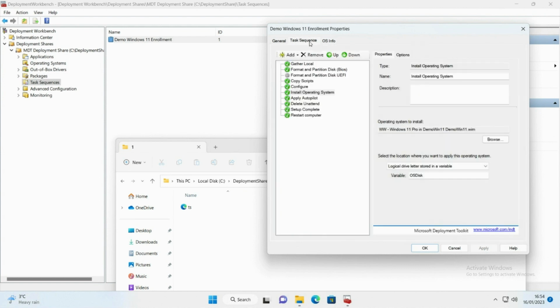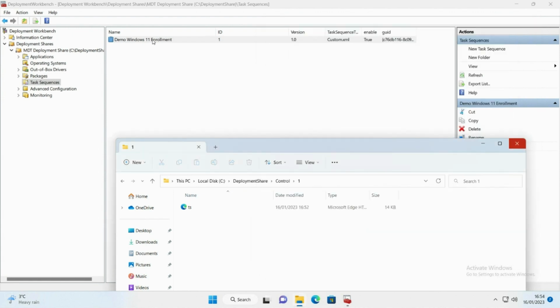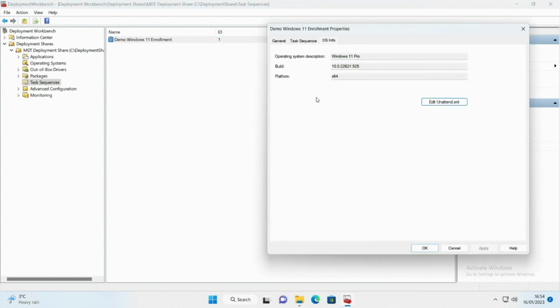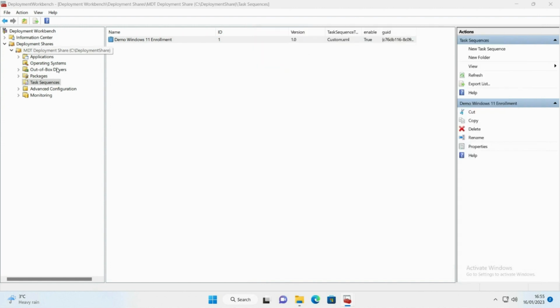Oh wow, this test sequence doesn't install an operating system. I think we first need to save it and then reopen it. Properties, OS info. Yeah, that's better. Okay, what we can do is press the edit unattend.xml. Okay, well, we can press this, and then it's going to process. It's going to read the steps in the test sequence. It's going to read the OS, and